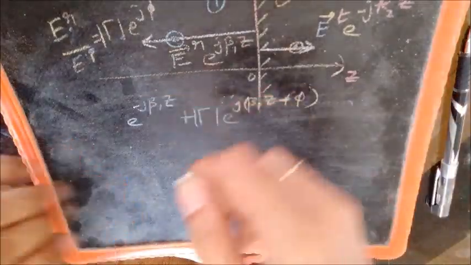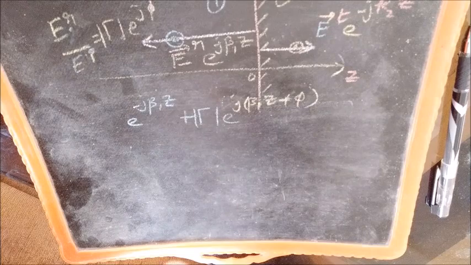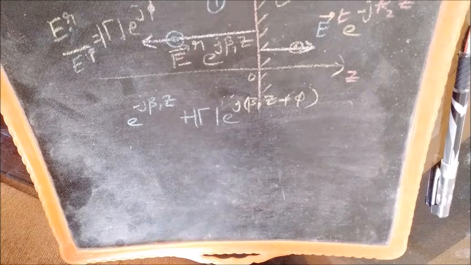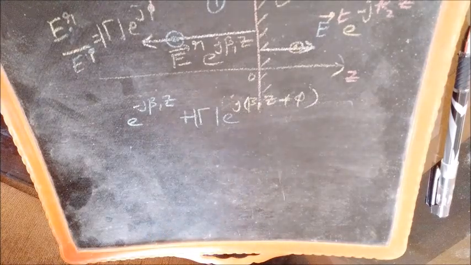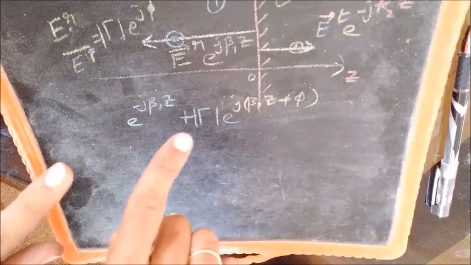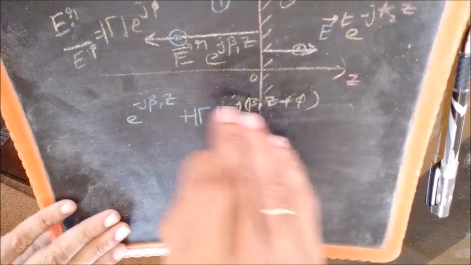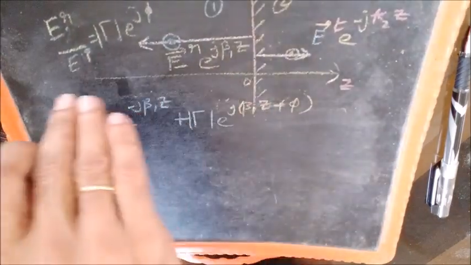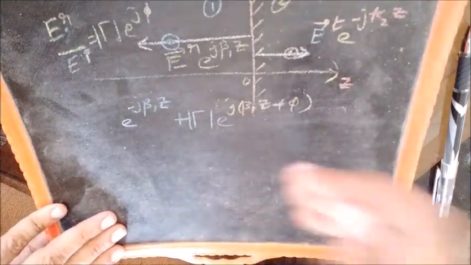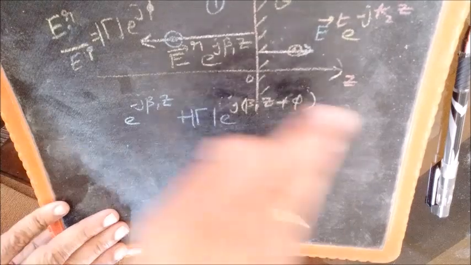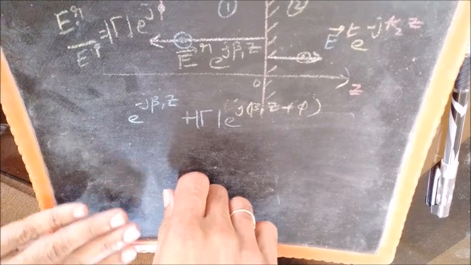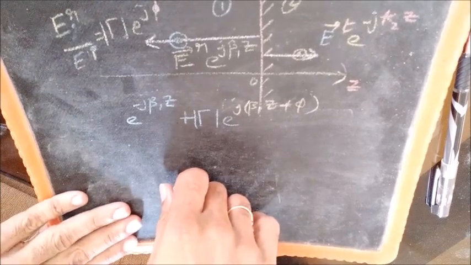So there will be a net propagation in the plus z direction. But because of this reflection, there will be a periodic variation in the amplitude of the wave. A periodic variation in the amplitude, that periodic variation will be with respect to z. So before I show the simulation, first point to remember here is that there will be a net propagation in the forward direction, because the forward propagating wave is always stronger than the reflected wave. The reflected wave can be only as strong as the forward propagating wave. So there will be a net forward propagating wave, and there will be a variation in the amplitude which will be periodic with respect to z.